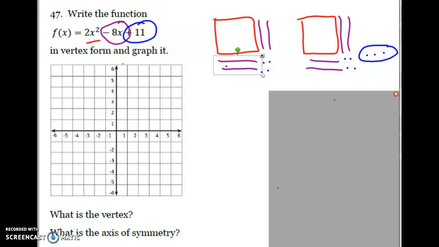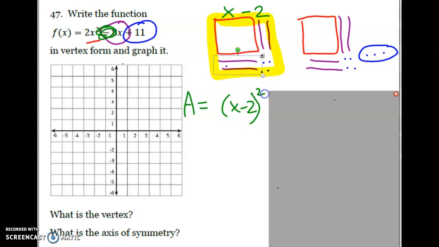Okay, so focus on one of your diagrams and tell me the length across the top of that diagram. The length across the top of this diagram would be x minus 2. Don't forget that those were negative rectangles, okay? So the area of one of the diagrams is x minus 2